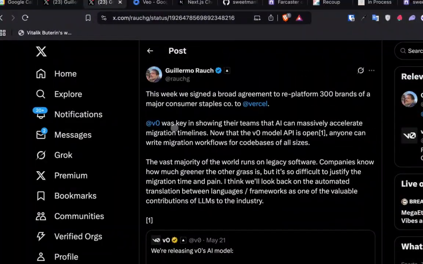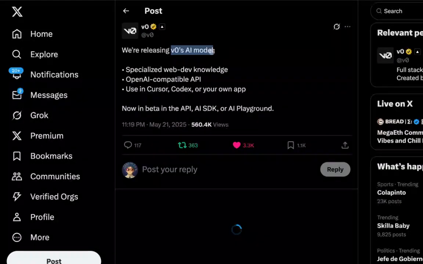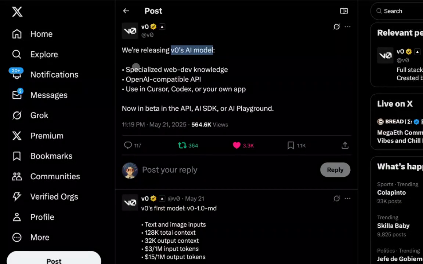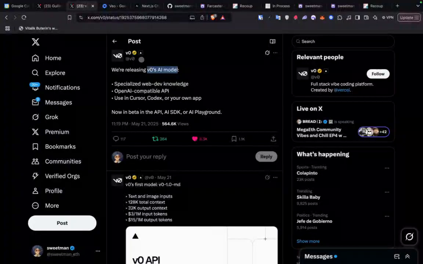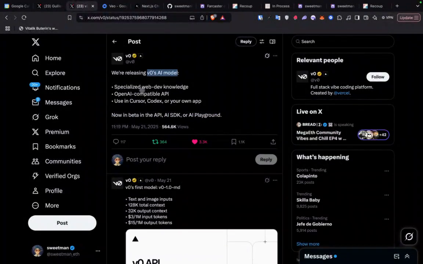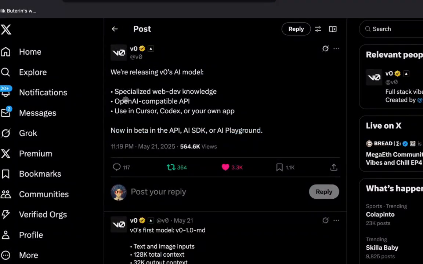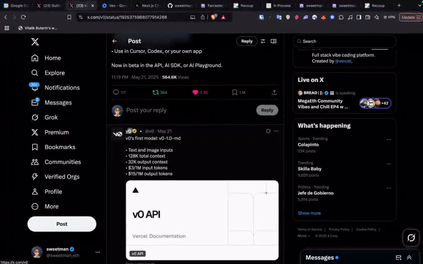Moving on to the second release, v0 has now released their AI model, which means that we can get this AI model inside of Cursor, inside of OpenAI's Codex. You can build it inside of any API because it's OpenAI compatible. And it gives you specialized web dev knowledge, which I've found to just be, v0 is the best vibe coding